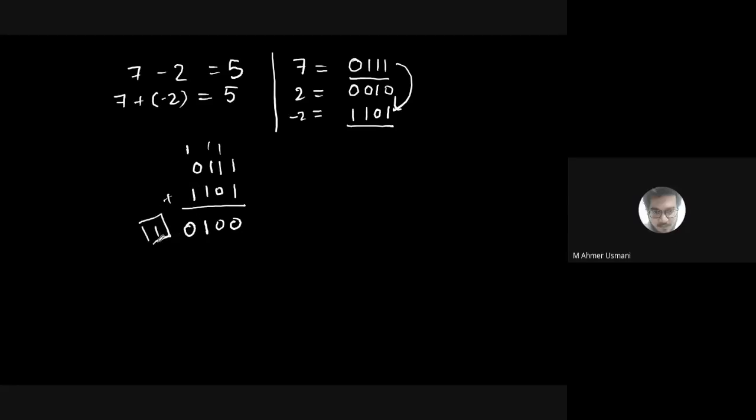There is a carry. So as per the condition, if there is a carry, what do we need to do? Add the carry to the result. So just add the carry. What will we get? 1010. So what is its value? If there is a carry, that means the number is positive, and whatever value you are getting, that is the actual value. So it is nothing but plus 5. Are we supposed to get plus 5 only? Yes, sir.